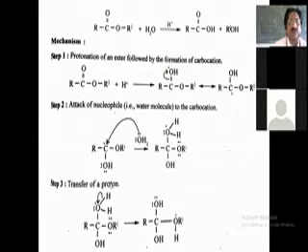Third step is the transfer of proton. Now naturally, as this oxygen becomes positive, it won't remain so for a longer period. Hence it will take a pair of electrons. So it takes the pair of electrons from this hydrogen, 1 hydrogen, because there are 2 hydrogens there. 1 hydrogen donates a pair of electrons to the oxygen, and hence it becomes H plus and goes away. That's called the transfer of proton taking place. Because of that reason, the charge is now shifted to this oxygen.